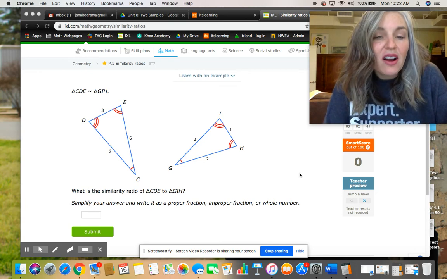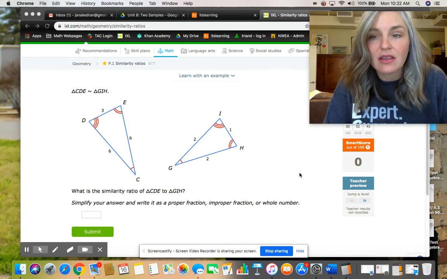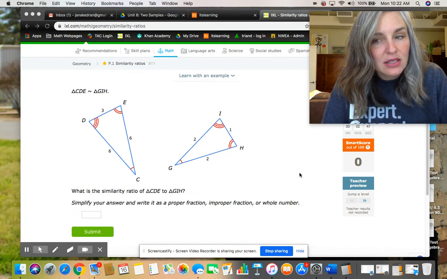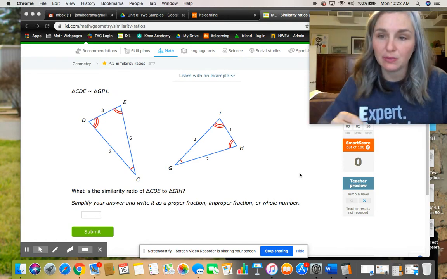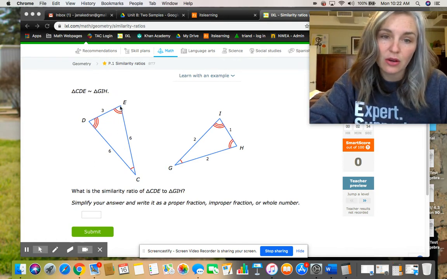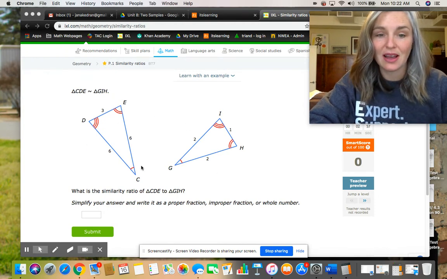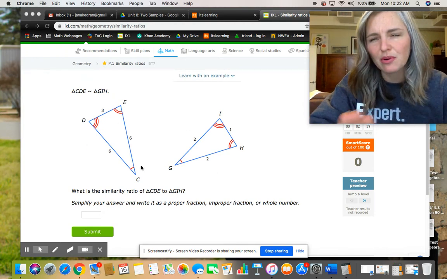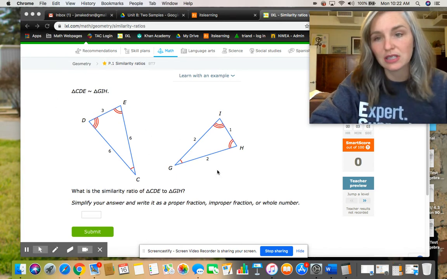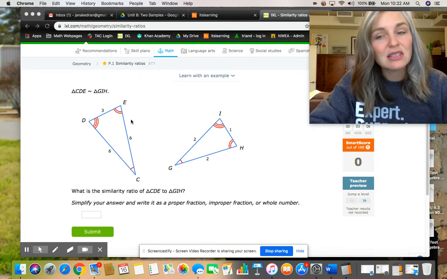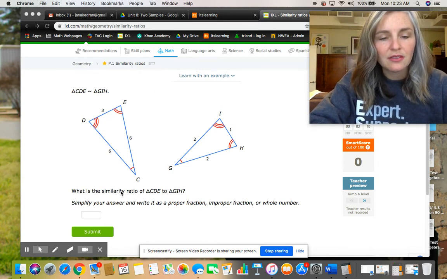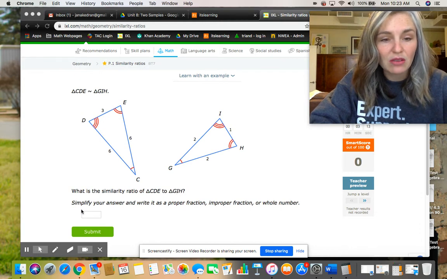Okay, so our next IXL that we're looking at is P1 similarity ratios. We talked about what it means to be similar triangles or just similar figures in class, right? So proportionally, all my sides should be the same proportion or the same fraction. If I were to compare 3 to 1 and 6 to 2, they would all be the same. So this particular one wants us to find the similarity ratio between the two triangles and then simplify